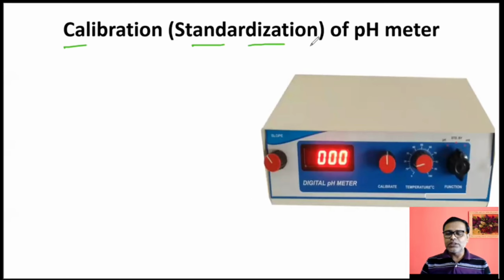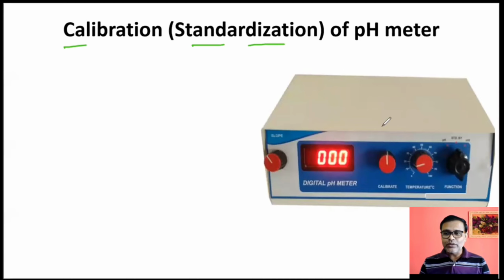Standardization or calibration is nothing but removing the error. It is the process of removing error from the instrument that is called as calibration or standardization. How to remove the error? So, for example, if you are going to check your weight, what happens when you are standing on the balance or that weighing machine, we can say. What do you check first?